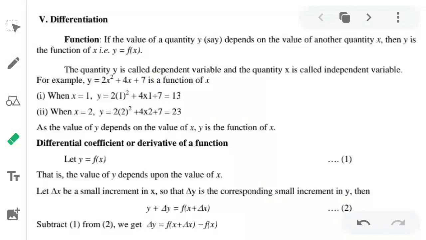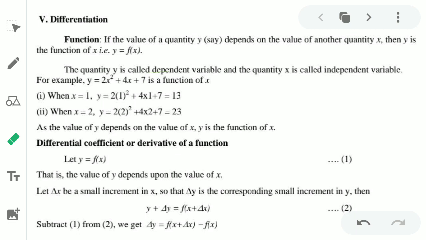Today we discuss the property of differentiation, that is the mathematical property which is utilized in physics to find out the instantaneous acceleration as well as velocity. So we discuss what is differentiation, how differentiation is utilized in physics, and how to solve the physics numericals. So we discuss one by one.